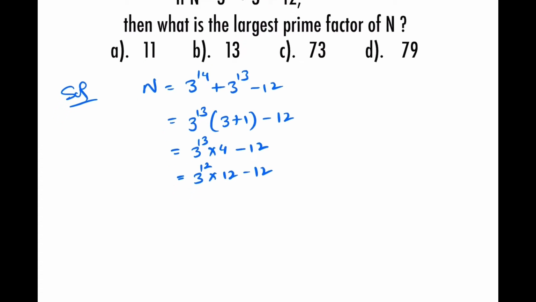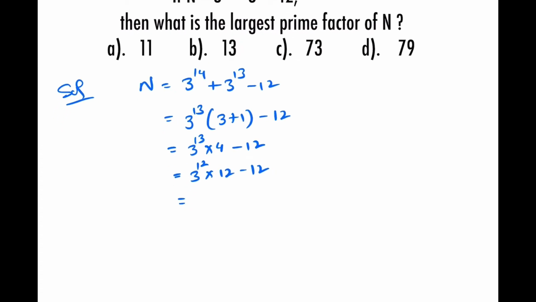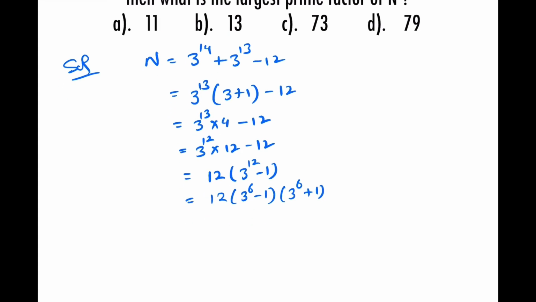And now this is equal to 12 into 3 raised to the power 12 minus 1. Now we will treat 3 raised to the power 12 minus 1 as a square minus b square. So we have 3 raised to the power 6 minus 1 into 3 raised to the power 6 plus 1. And this is equal to 12 into